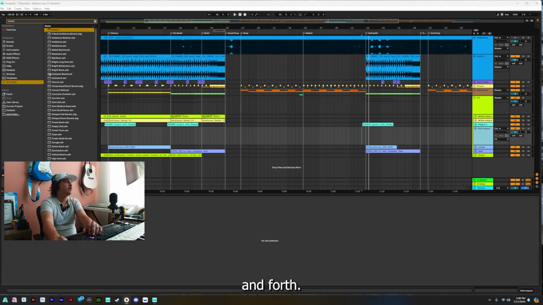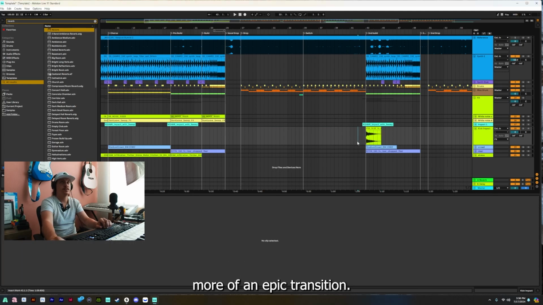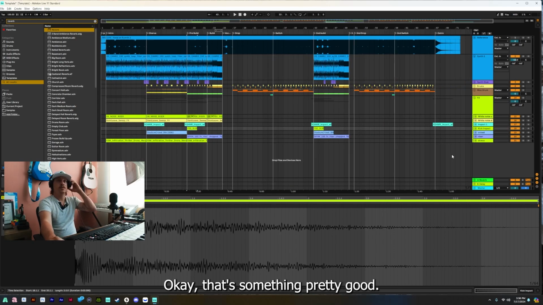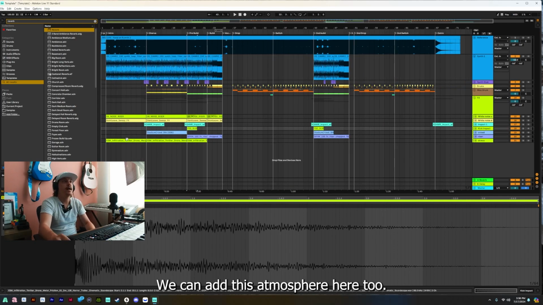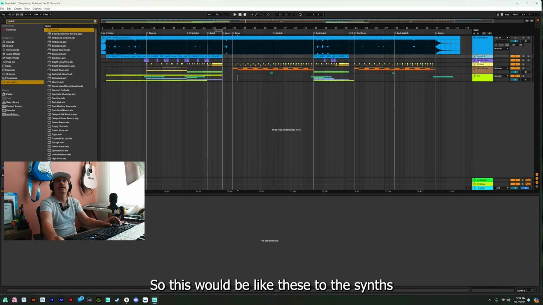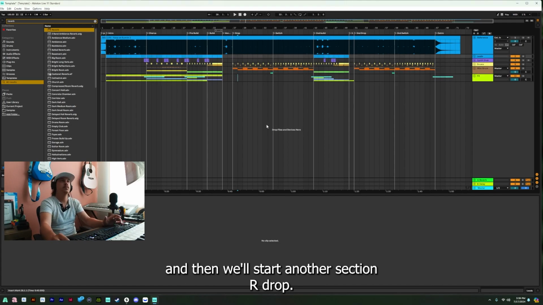That's a cool one. You can just add that to here just to make it sound that much more of an epic transition. I like that. I like that. You can add that over here too. Okay, that's sounding pretty good. We can add this atmosphere here too. So these two synths would be grouped into leads, and then we'll start another section,